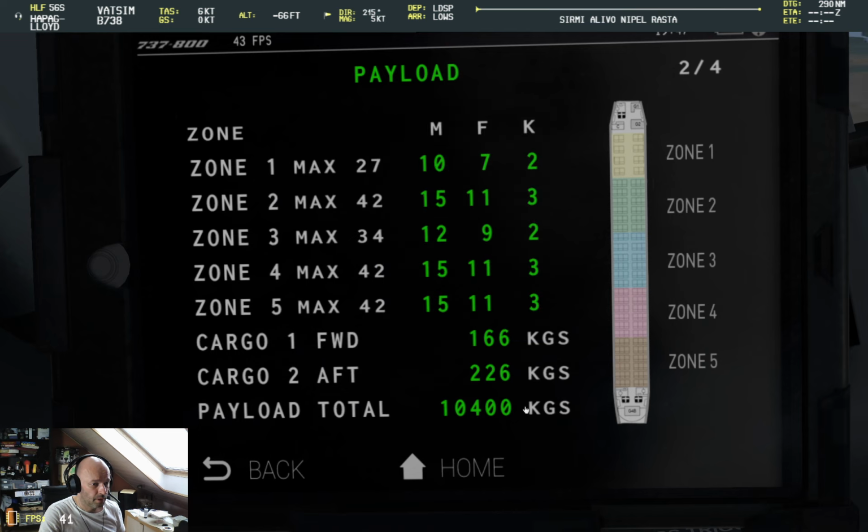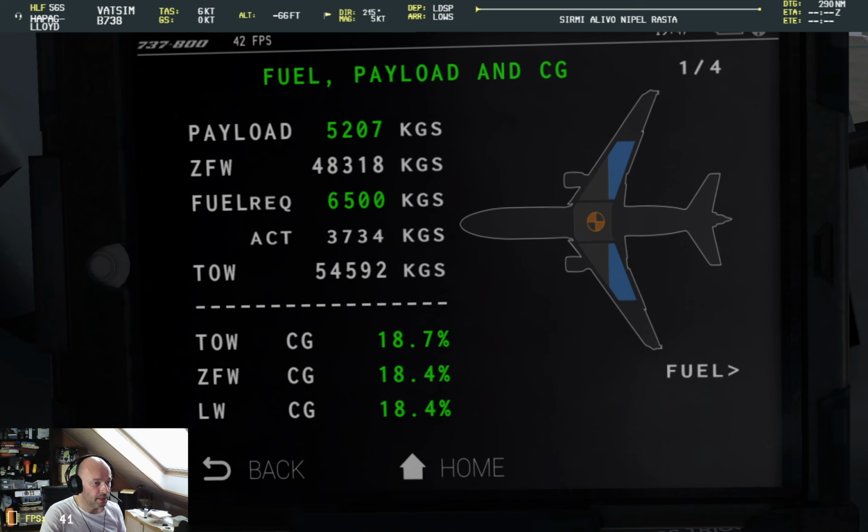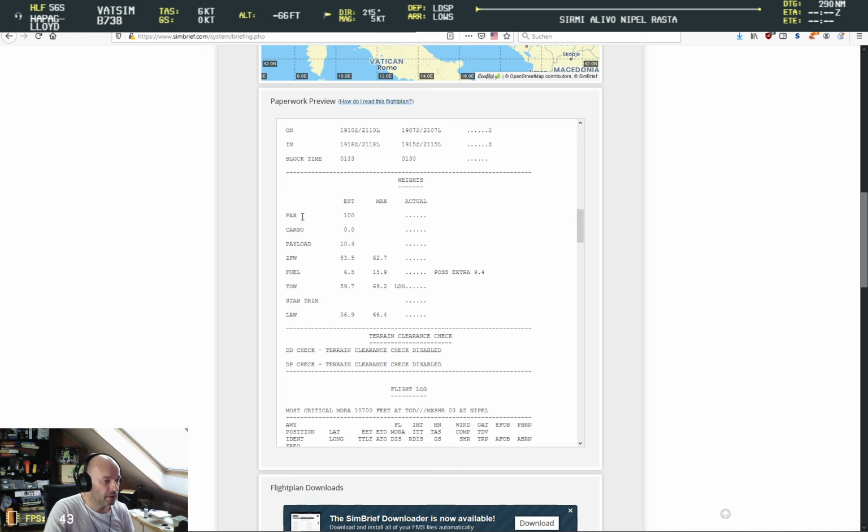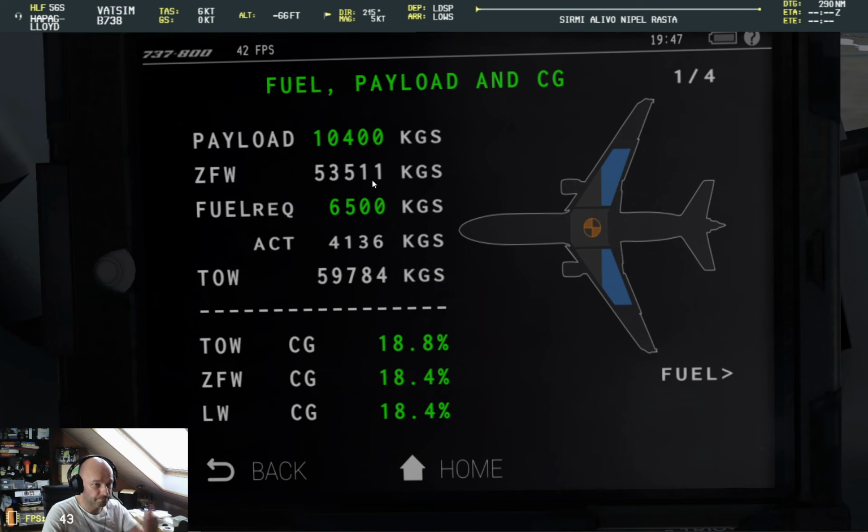10.4. Okay, so we're looking at a zero fuel mass. I can show you as well. I'm in SimBrief now. This is my operational flight plan, the OFP, and I'm looking here at the weight and balance section. I entered the payload 10.4 and the fuel, but even without fuel we should read a zero fuel weight of roughly 53.5 tons. Let's have a look. Yeah, 53.5. Good. So this part of the checking has already been done,